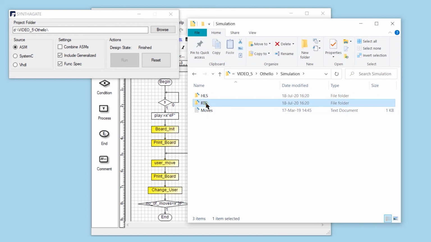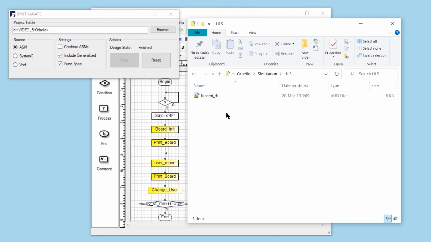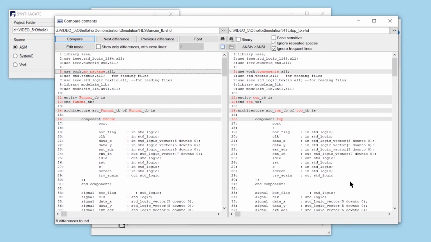That is, test benches at HLS and RTL are equal. I gave them different names so you can compare them. The only difference is in the names of the entities, architectures and components. I want to mention high-level synthesis uses the package mypackage.vhd and RTL uses package components. Both these packages were constructed automatically. I won't take your time by showing you this simulation. You can do that yourself with any simulation tools.